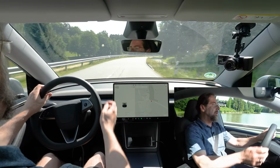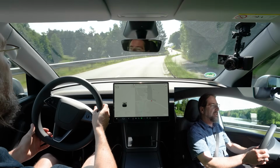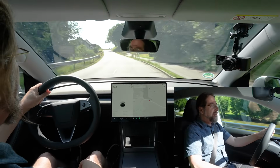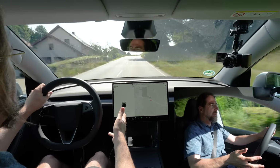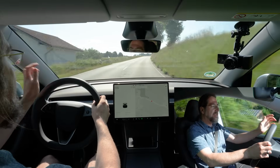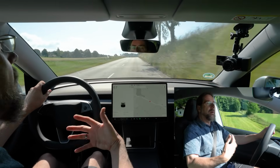Driving a Tesla Model Y Juniper, is it really that different and so much better than the old Model Y? And no. The suspension is, I think, a tiny bit more comfortable, but it's not a new world. It's not like it's totally different. When you drive on a good road like this, it's fine. When you drive on a bad road, you feel the bumps, and you feel that it's more on the sporty